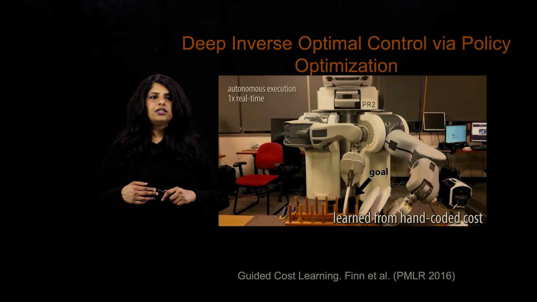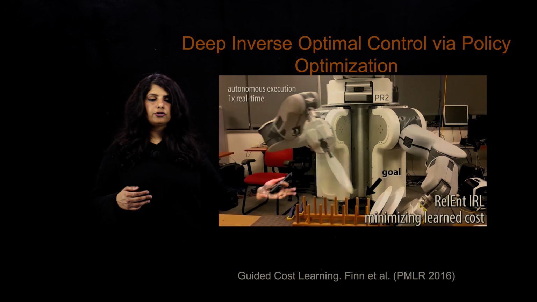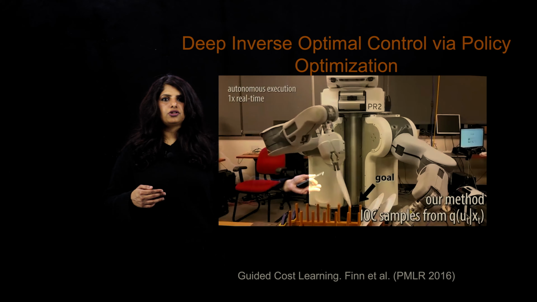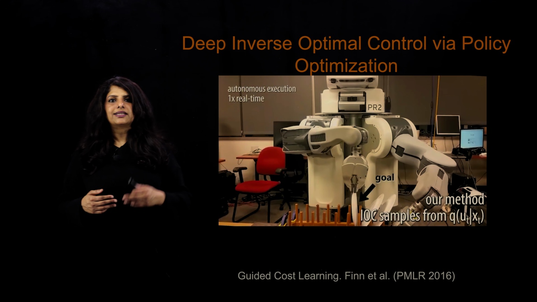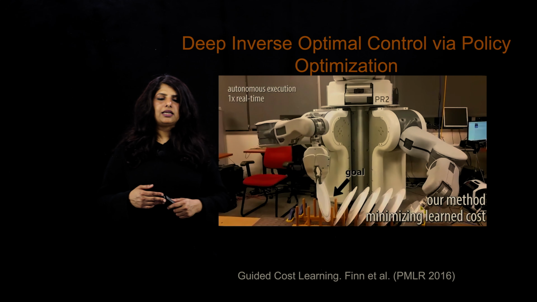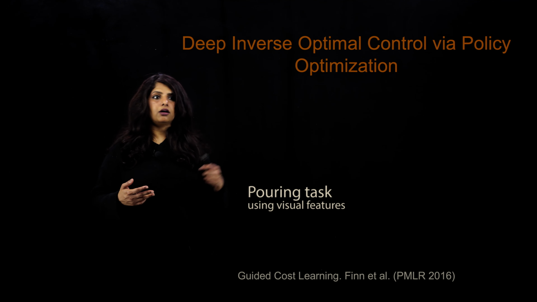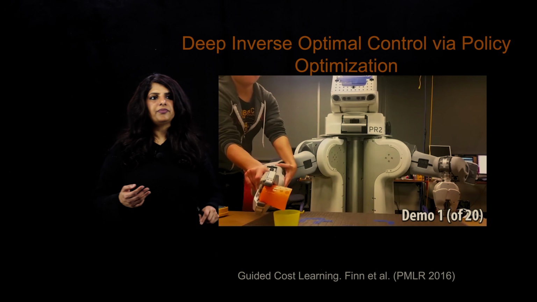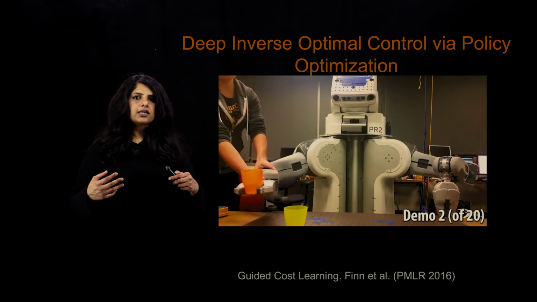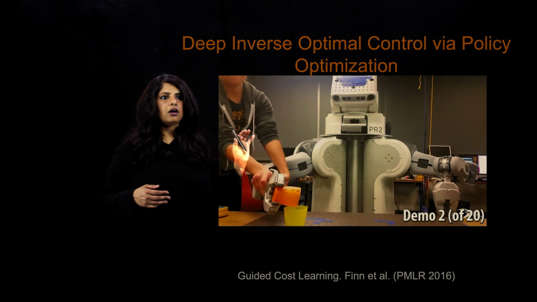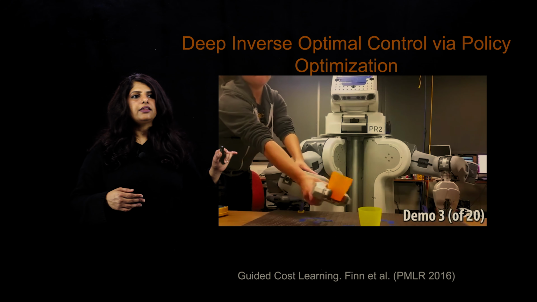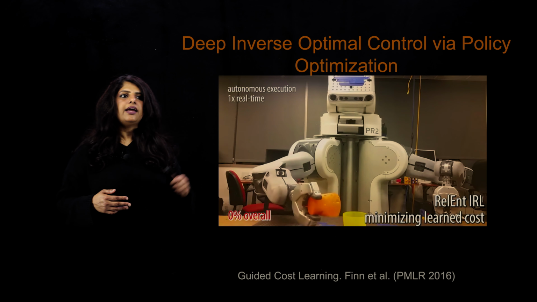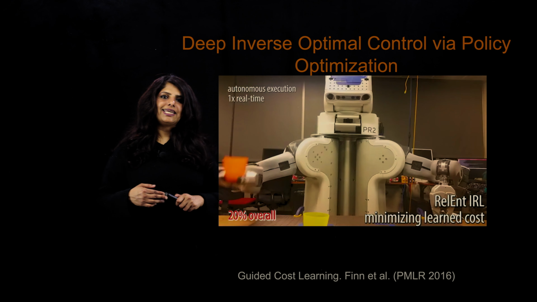Here, the human will initially show demonstrations of what they want to do. Here, for instance, they are looking to place plates in this dish rack. And we'll also be looking at another case where the human is interested in pouring some sort of objects from the orange cup to the yellow cup right here. So they're showing demonstrations, and by using a more expressive way of providing what the reward function should look like, they were able to show that we can recover more nonlinear behaviors, and things work a lot better in these cases.